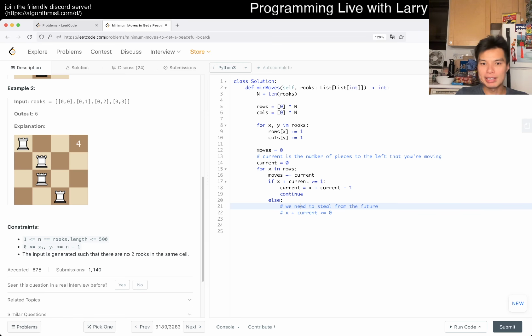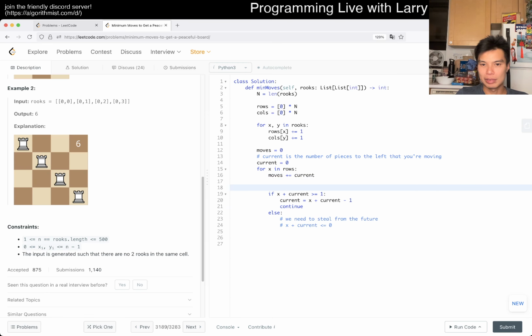Yeah, maybe I would write this actually as current we added x. So then now we can just write this, and then now this we subtract from 1. Oops. Right? Else